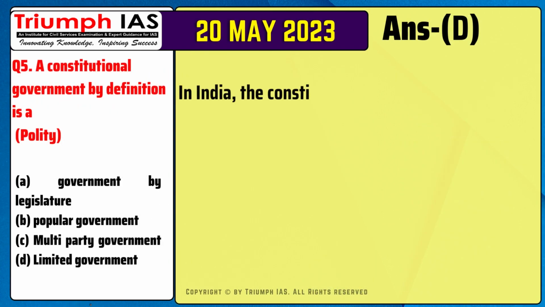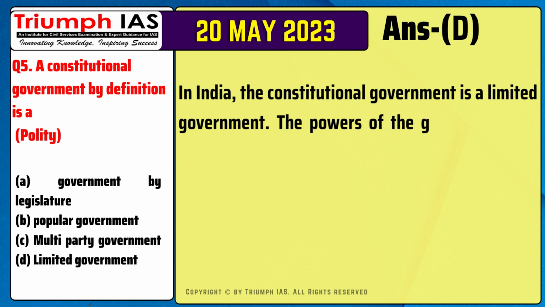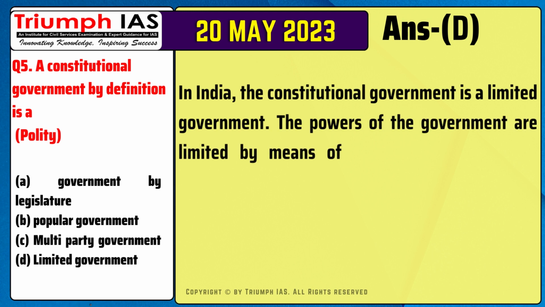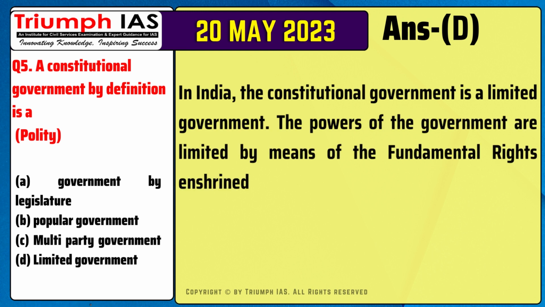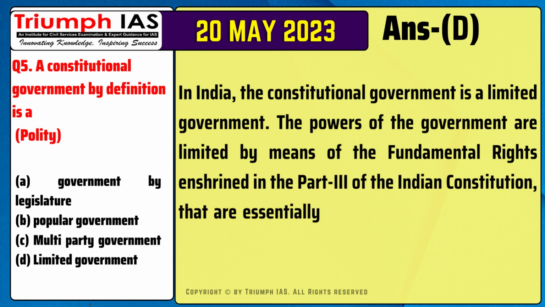The correct answer is option D. In India, the constitutional government is a limited government. The powers of the government are limited by means of the fundamental rights enshrined in Part 3 of the Indian Constitution, that are essentially given to us against the state actions,